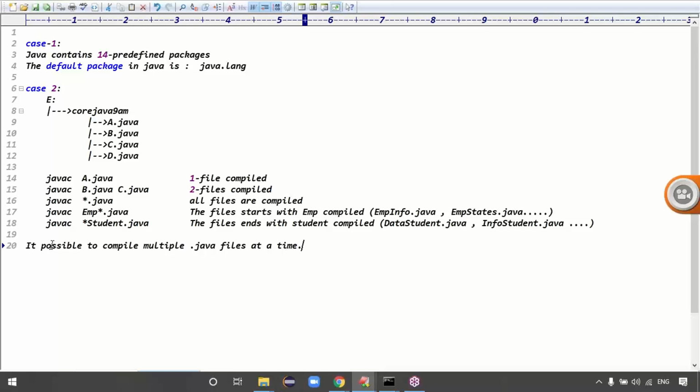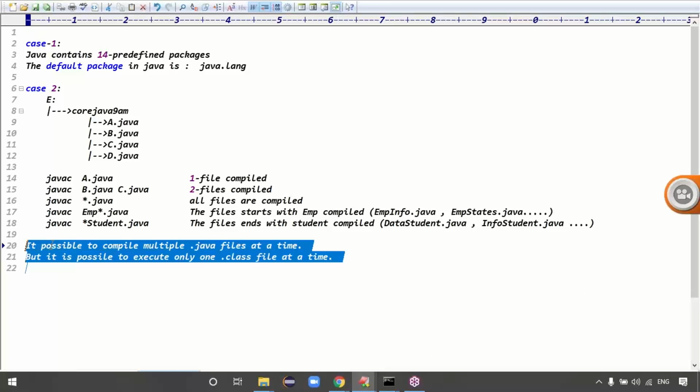But how many classes is it possible to execute, guys? It is possible to execute only one class file at a time. So don't ask, sir, execute two class files at a time, like that. It is possible to compile multiple files at a time, but only one .class file at a time can be executed, right? Guys, everyone clear about this point, right?